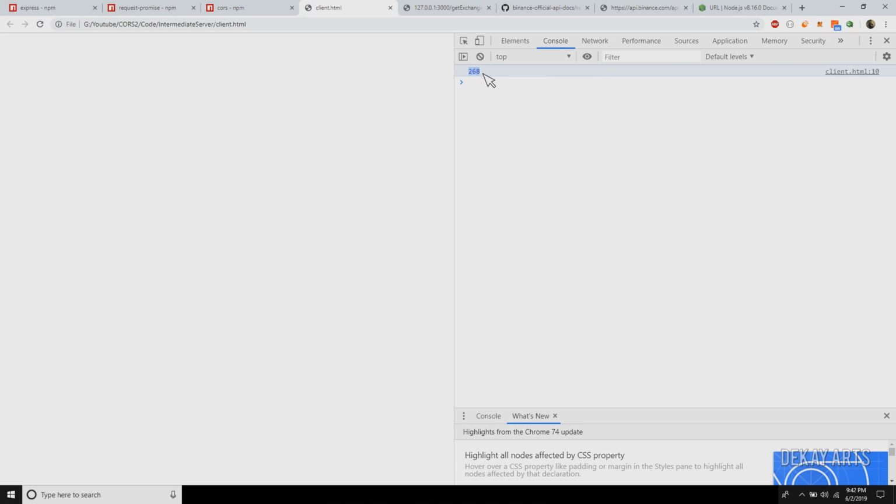So if I directly call the server, it takes just 0.26 seconds, which is pretty fast. But if I'm using an intermediate server, it takes 1.147 seconds. So there's definitely a lag associated with it, but I think 1 second is up to you. It depends on your requirements and your trading style to define whether 1 second lag is something to worry about, or it's fine.